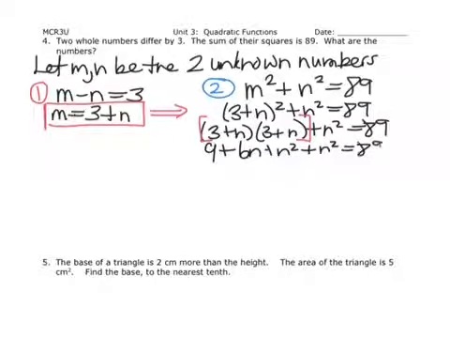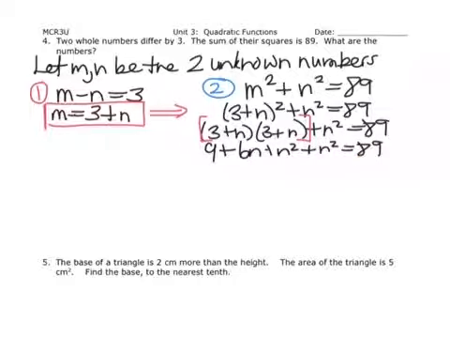equals 89. If you need to do that in multiple steps, I added the 3n and the 3n together. Do it in multiple steps, that's absolutely fine. Okay, so now our next step is we have to solve for n. So we're going to collect like terms and then make a decision from there. Also, I notice I have like terms in 9 and 89, so I'm going to bring the 89 to join the 9 so that we have 0 on one side so that we can use either factoring or quadratic formula